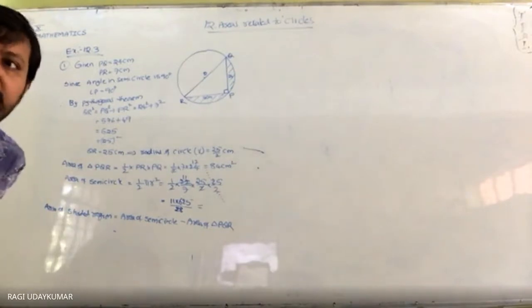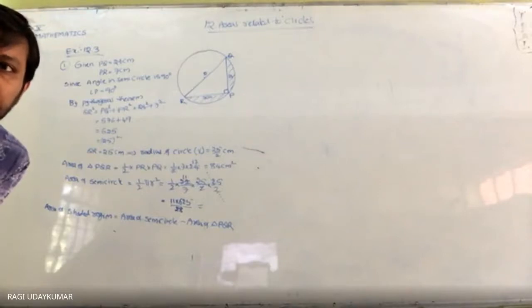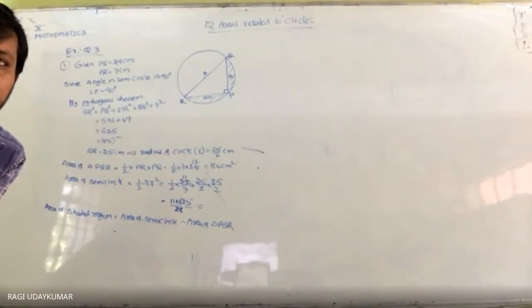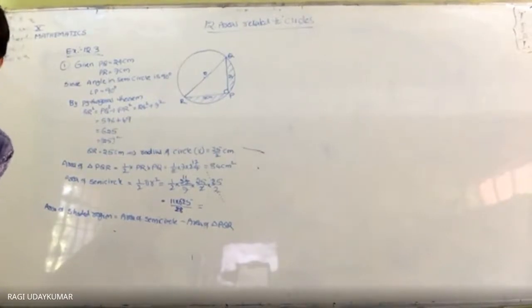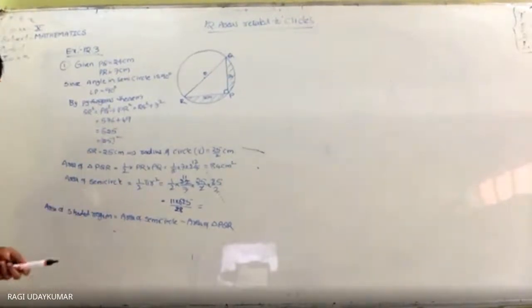Multiplication and division part I am leaving to you as a homework. Can you do it? Just I am giving to you the multiplication and division part. Means just numbers multiply करना है और कुछ नहीं है. Simple है. Is it okay? Can you do it? Yes, you can do it. It's not very difficult to you. So let us move to the next question.